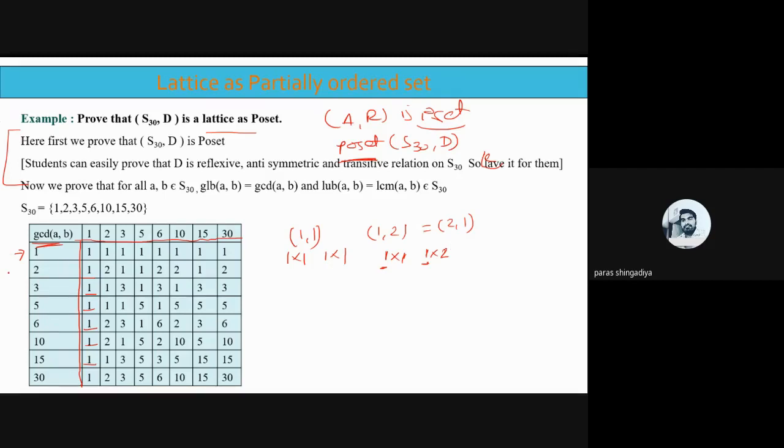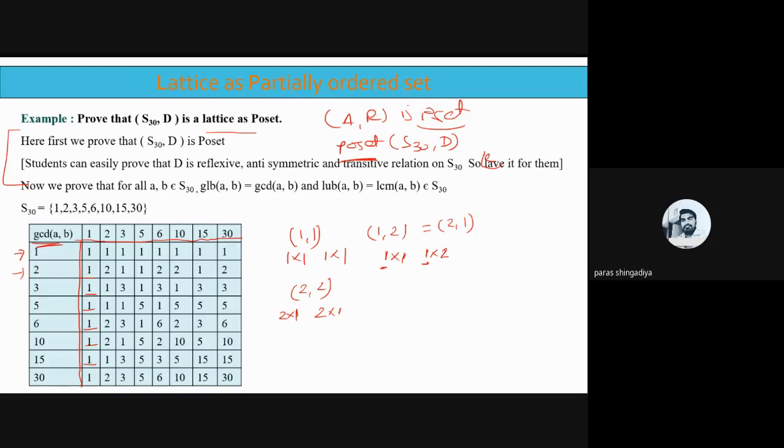And now change the number, that is 2, and pair 2 with 2. So GCD of 2 comma 2. Clear? So the factor of 2 is 2 cross 1 and the factor of 2 is 2 cross 1. Clear? So which is the common divisor? That common divisor क्या है? Sorry, greatest common divisor कौन सा है? Common divisors are 2 and 1 both, and उसमें से greatest कौन सी value है? That is 2. So 2 with 2 का GCD होगा 2.